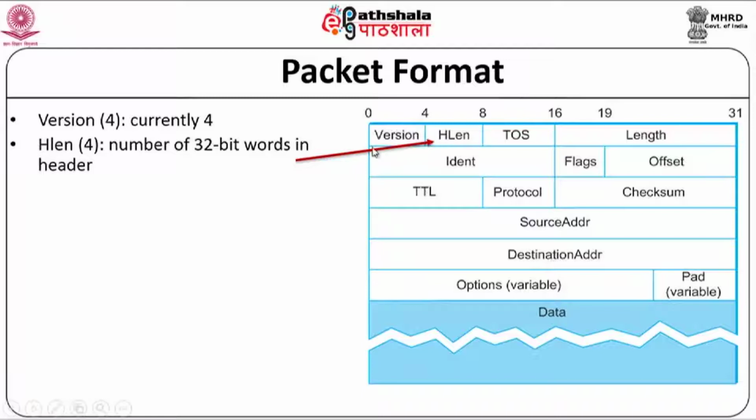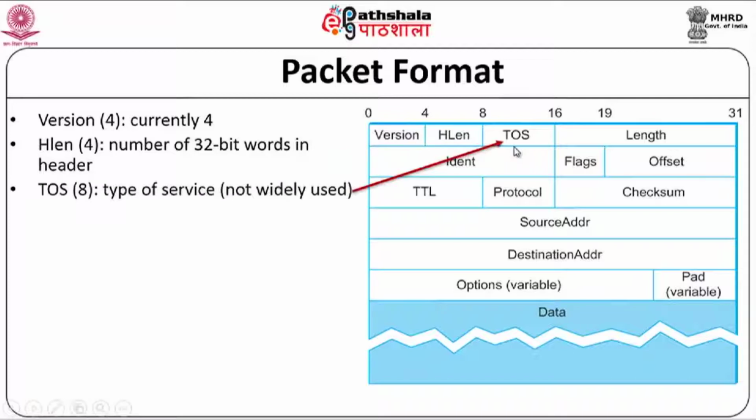So, you can see that the header itself has some fixed component plus some variable component, which is basically for the options. Okay. So, if there are options, I need to know where the header ends and where the data begins. That is specified by means of this header length field. Okay. Then there is a type of service field which tells you the type of service that this datagram packet is expected to receive. Okay. It was not really widely used in the original V4, but it has been used by other protocols like differentiated services and so on, which use this information to provide a kind of quality of service for IP packets.